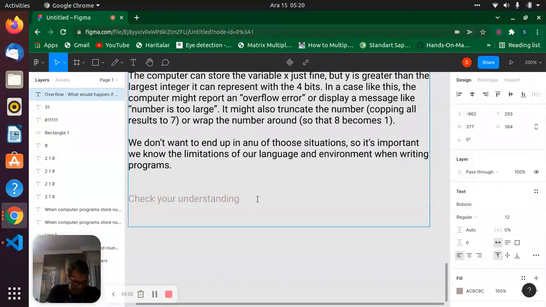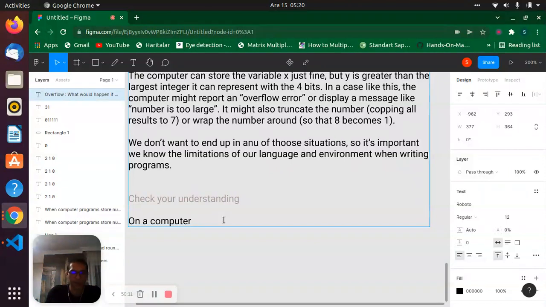Now say on a computer, yes, do black, on a computer,